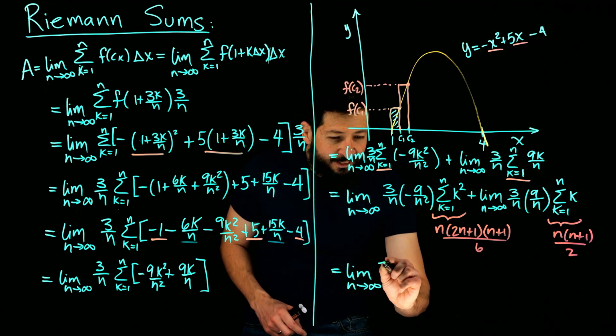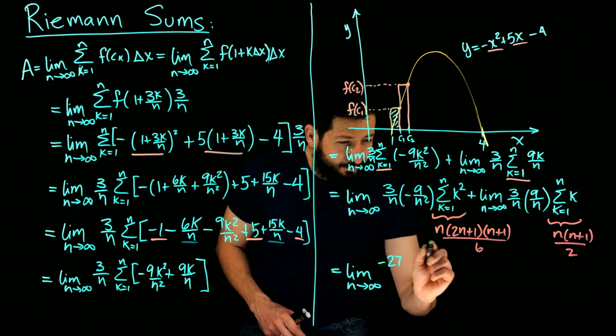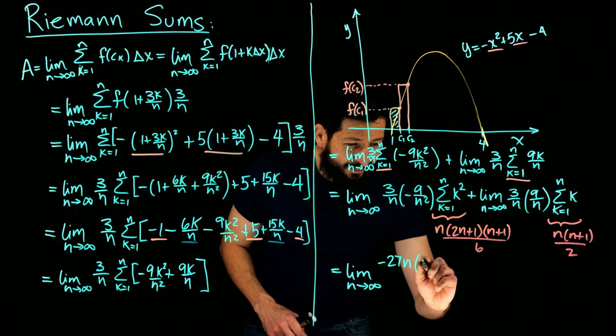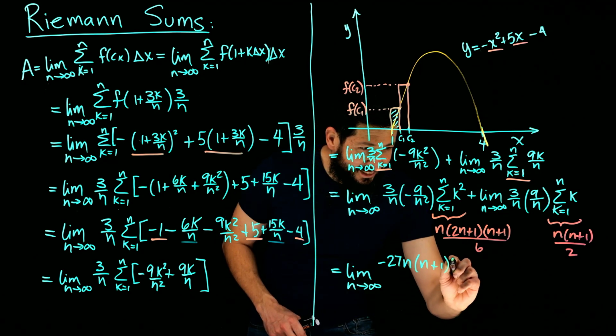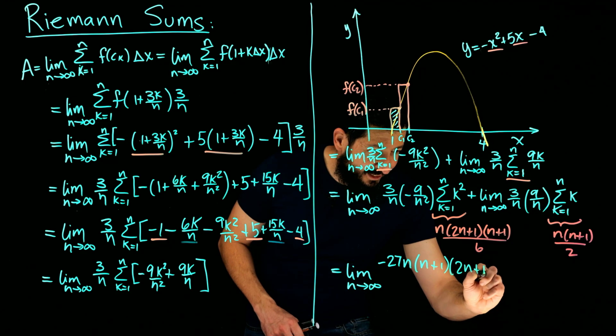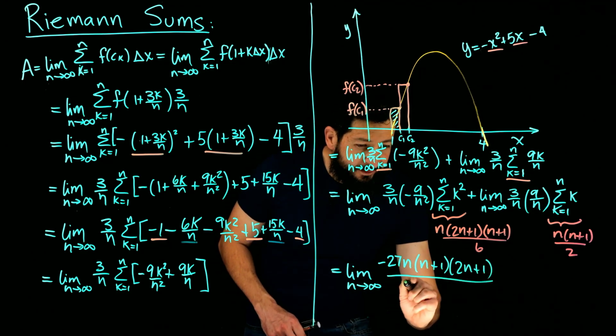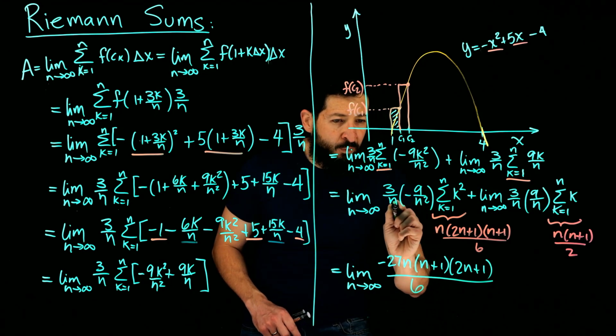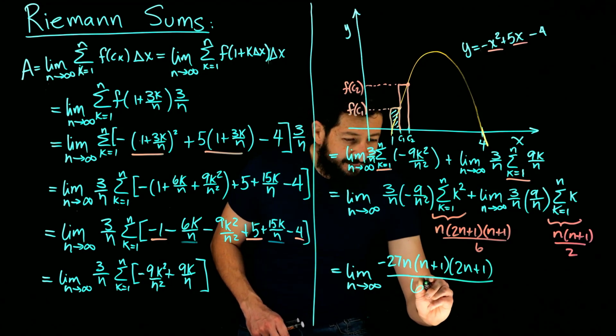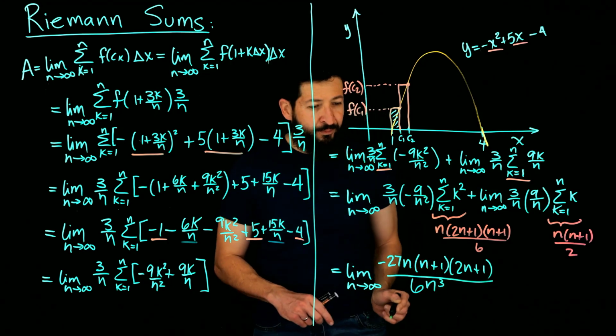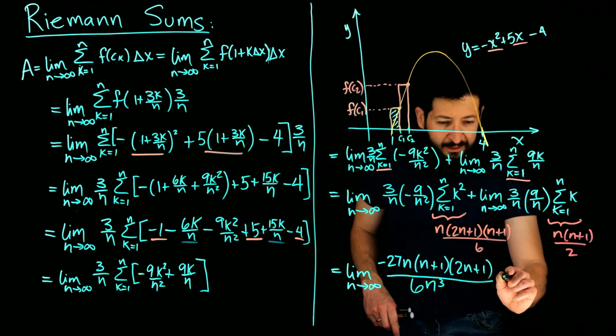So negative 27. As I told you, don't rush. And I am here rushing. Divided by 6. And then I have 1n, 2n's, 3n's, n cubed. Okay? And then plus the limit